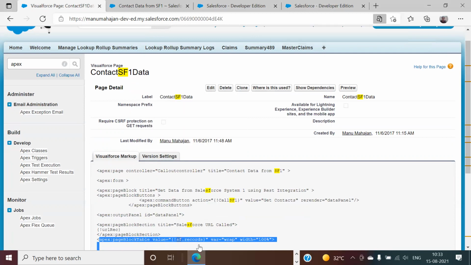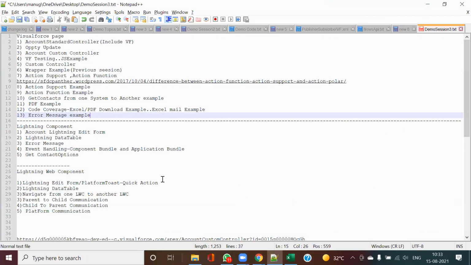So now if I see on the whole, today I started first with standard controllers. After that, this example we went for standard controller extension. After that, one example we went for custom controller. For custom controller, we had two examples. The second one was for getting the data from multiple objects.